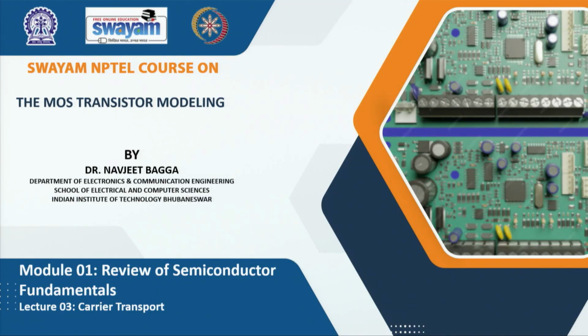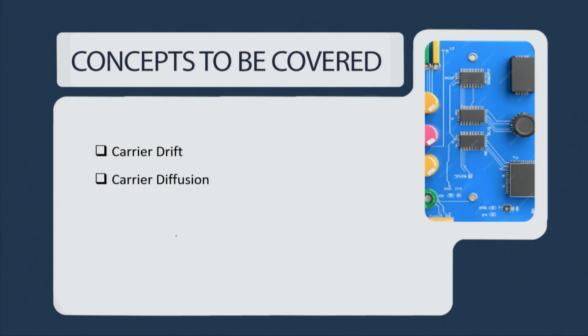We are in module 1, review of semiconductor fundamentals, and lecture number 3, carrier transport. In this lecture, we will see how the charge carriers, which means the electrons and the holes, will move in the semiconductor. Broadly speaking, there are two phenomena in the semiconductor which capture the carrier transport, that is carrier drift